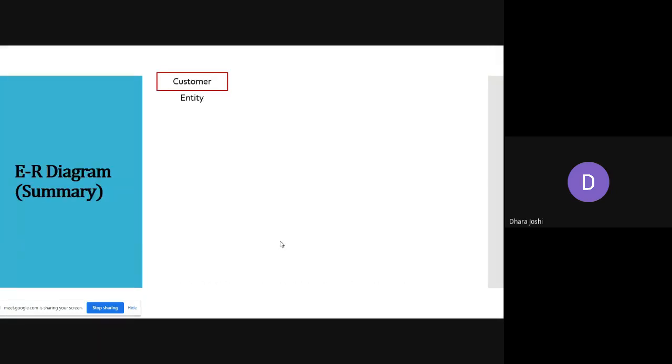Okay, till now we have studied many of the ER diagram symbols and notations, so we are just referring to them quickly. This is the entity. An entity is represented in rectangle form, and the name of the entity will be inside it. This is the symbol of an attribute. It can be an ellipse or oval shape. Relationship can be represented in diamond shape.